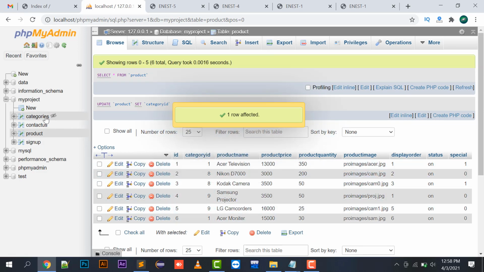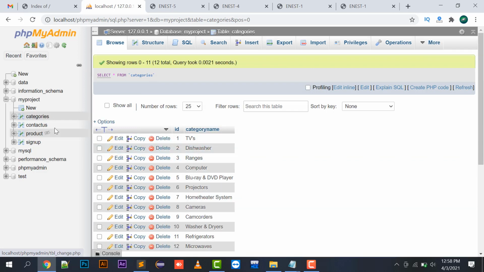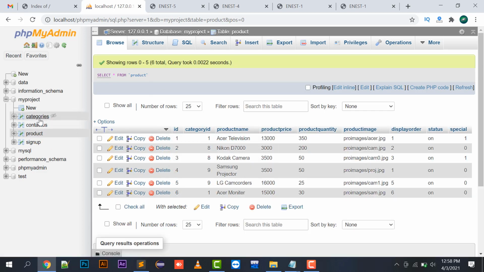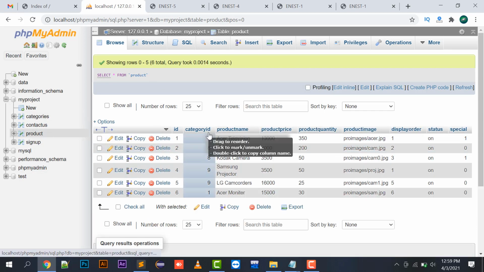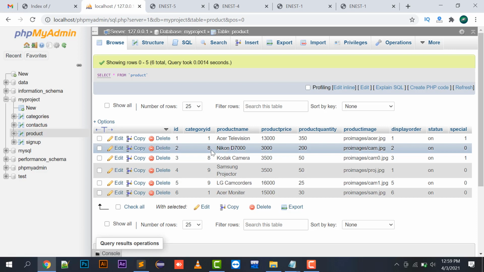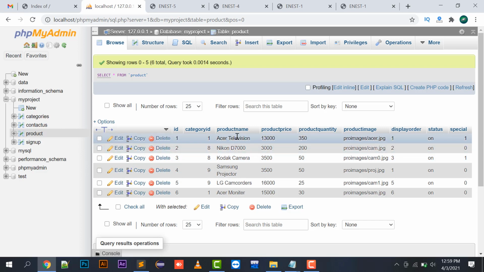Every time, we will make a relation between two tables with the help of an ID. Whatever unique ID each and every category has will be placed in your products category ID field, because binding with the unique ID is much more important than binding with the name, because a name can contain capital characters, it is case sensitive, or sometimes it contains spaces.